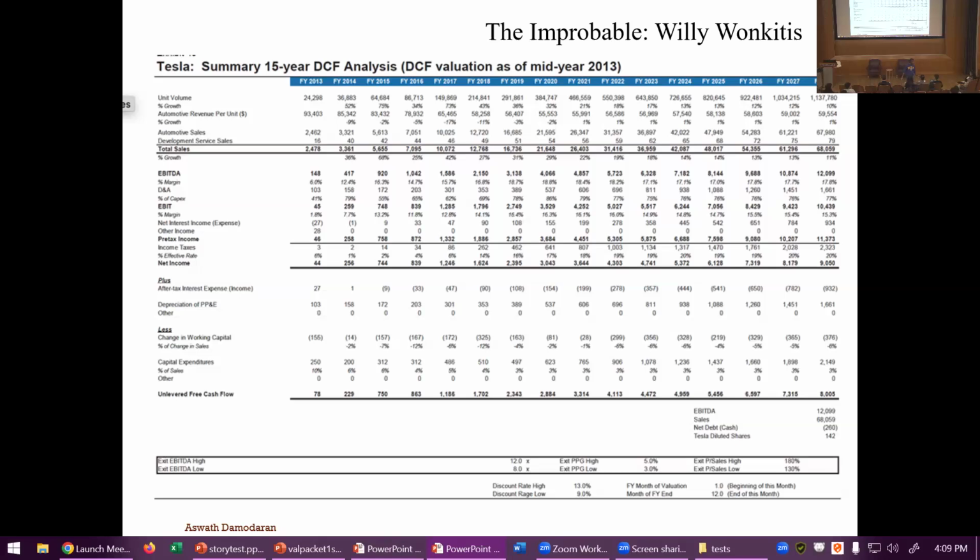I feel sorry for him. He's on the spot. He's responsible for this D.C.F. We go through and he gets it very quickly. I said, you realize there's a problem here, right? There's capacity of 250,000. You're selling 1.1 million cars. You haven't set aside any reinvestment to build assembly plants. He said, it slipped my mind. I said, what slipped your mind? He said, the way I got the capex and depreciation for future years was I took the numbers from the last year where there wasn't much, didn't build a factory, and I just projected it out.